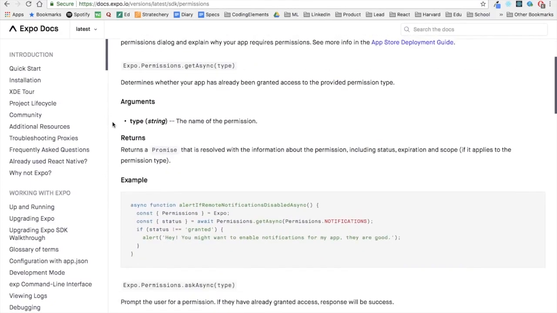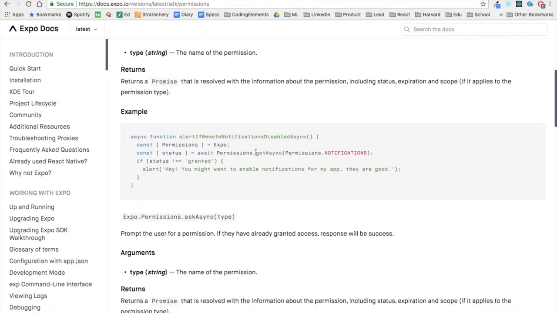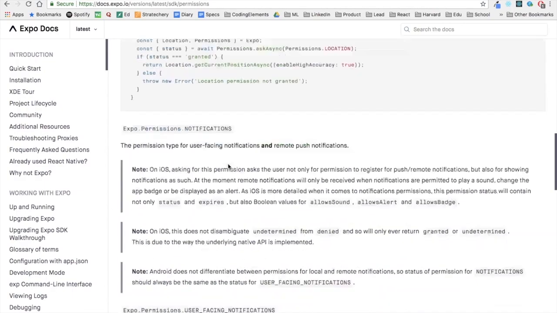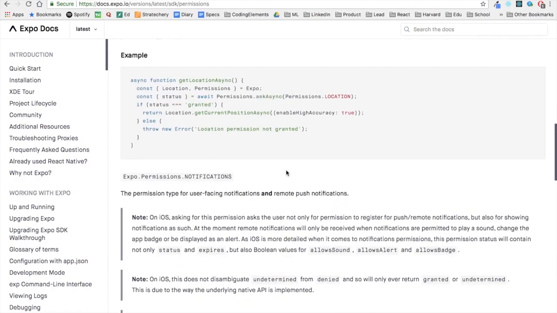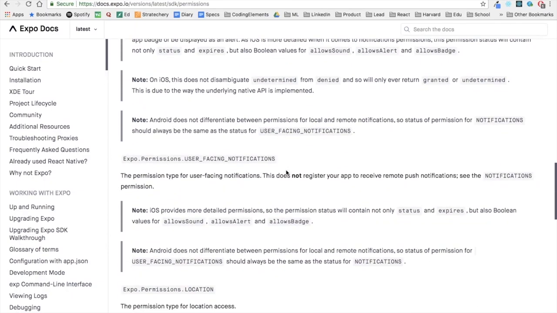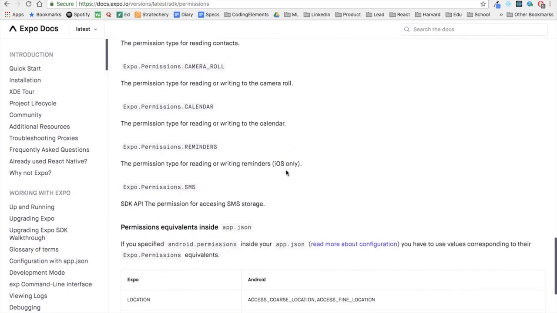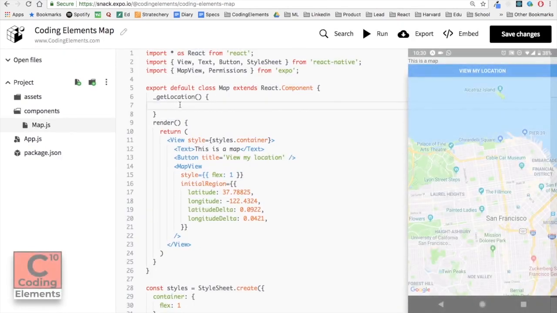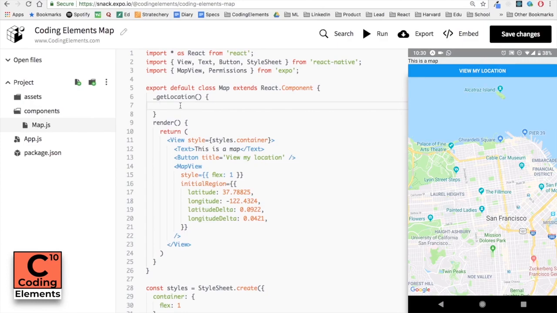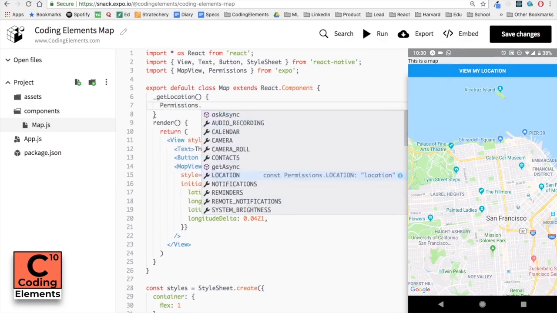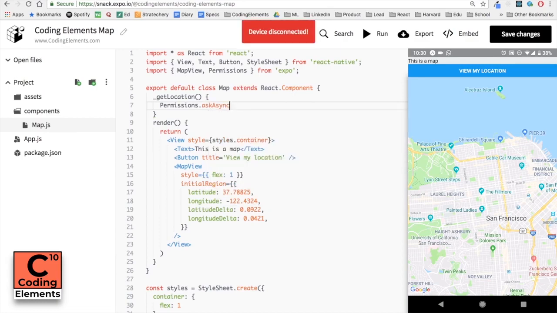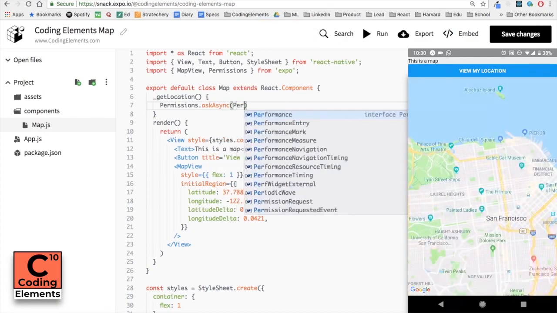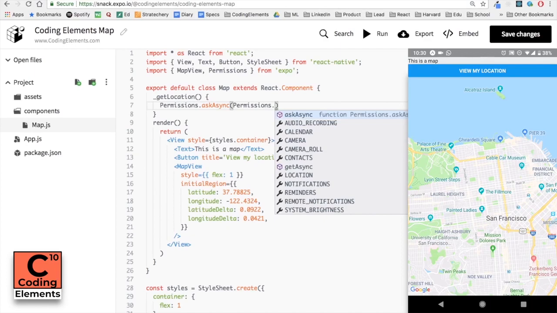And here there is an example given to us where we can see how to ask for permissions. So we can see that we can use askAsync to ask or request the permissions from the user. So now let's come back to our code. I have already imported the permissions from Expo. So now let's use these permissions and write Permissions.askAsync, and inside this, when we write Permissions